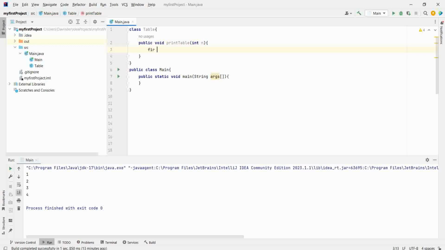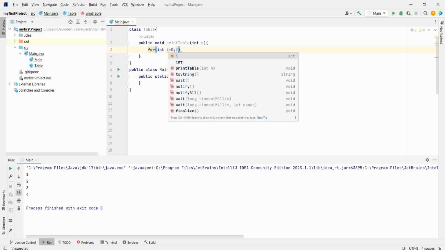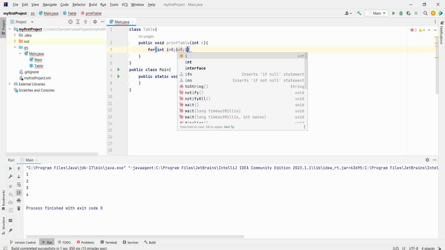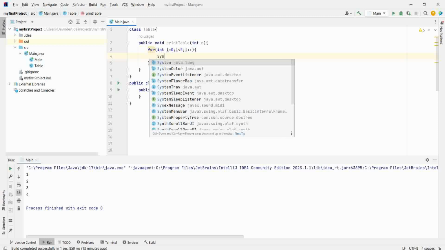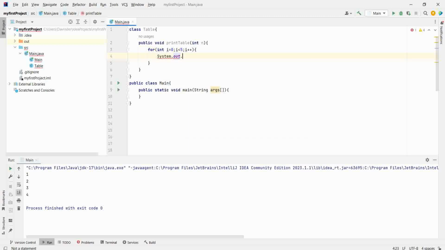Now I will print a table for int i equal to 0, i less than 5, i plus plus, print a table of n, which means System.out.println n into i. It means if n is 5, then it will print a table of 5 from 1 to 5. Like 5 into 1 is 5, then 5 into 2, 5 into 3, 5 into 4, 5 into 5.